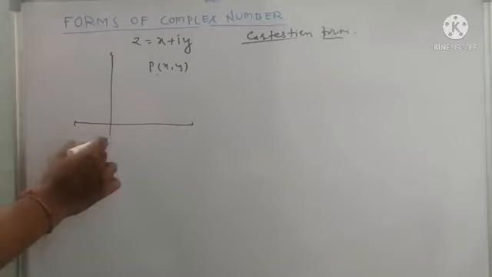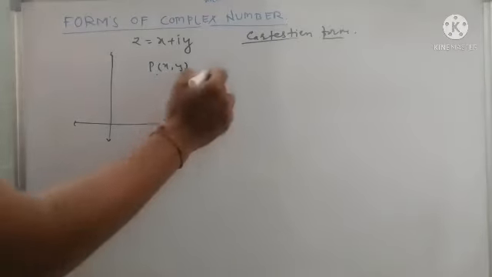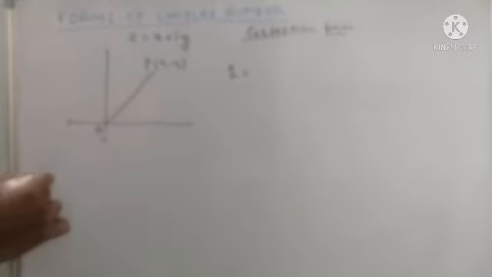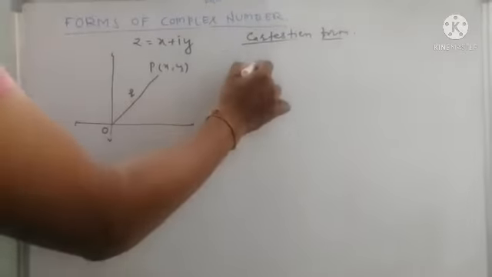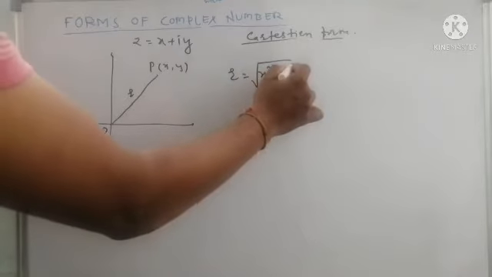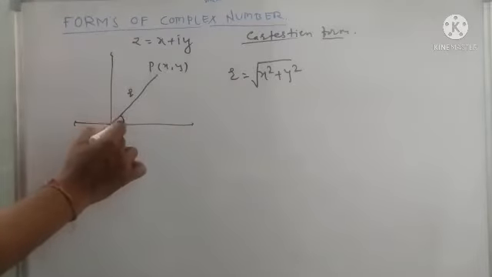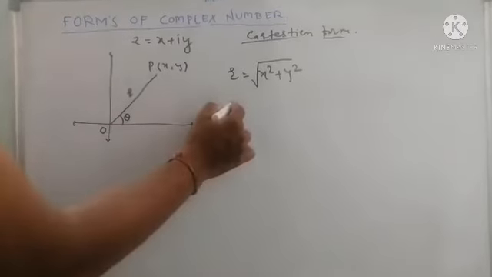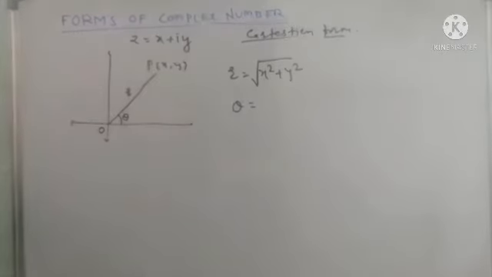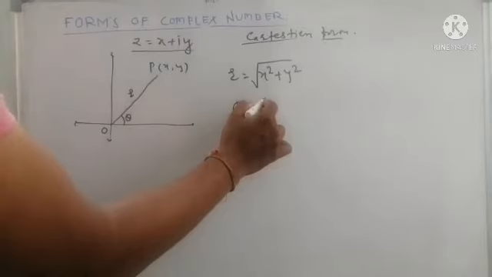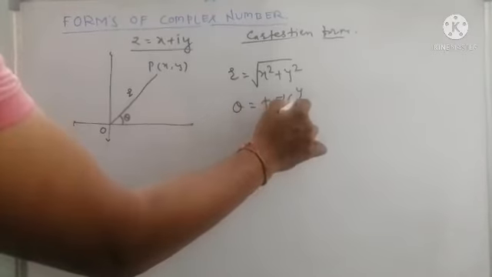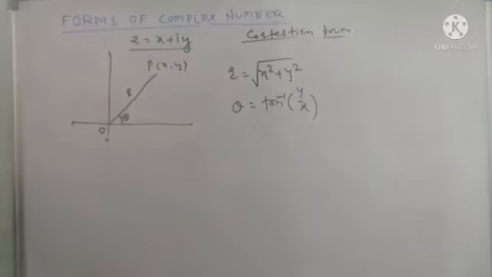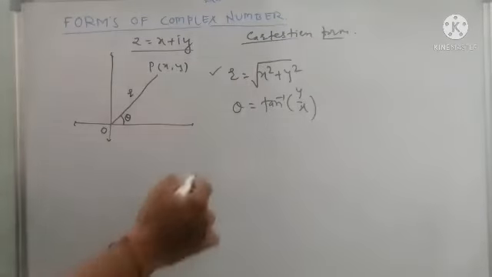Okay, and using this point we go through the modulus r of a complex number, which is the distance between the point and the origin of the plane. So this distance is denoted by r, and r is always equal to root of x square plus y square. And the angle between these two lines, that means OP and the real x axis, is theta, which is the argument of the complex number z equal to x plus iy, and is equal to tan inverse of y by x.